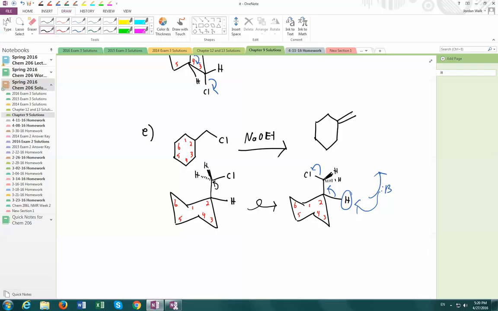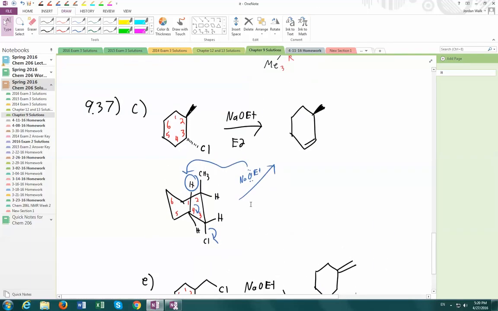Haley? Can we do an example of where you do have to flip the chair in order for it to work, and how that makes the final product look different? Yeah, so that's kind of like this one up here. So if we look at the other chair, we've got 1, 2, 3, 4, 5, 6. And so 2. Oh wait, I drew the same chair. Oops. Hold on, we can just renumber. Or we'll just draw it. Okay, so that means this is 3, 2, 1,